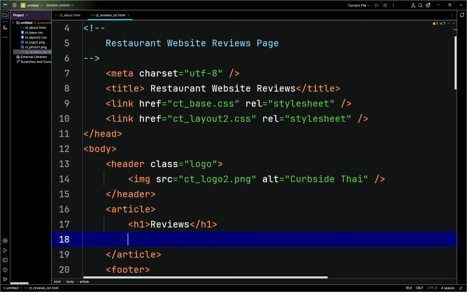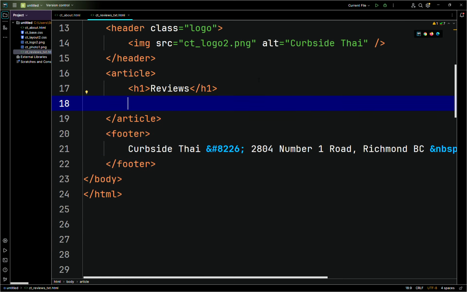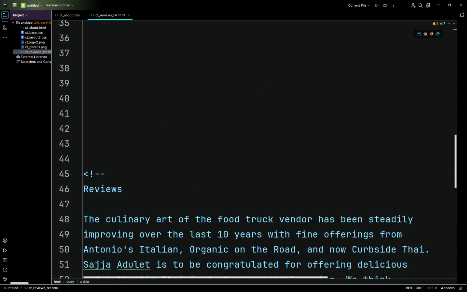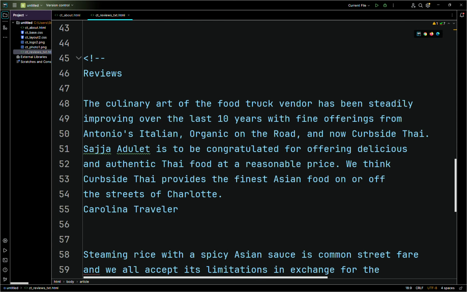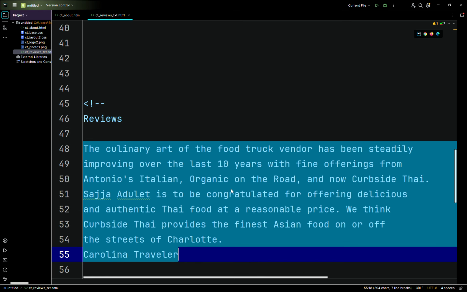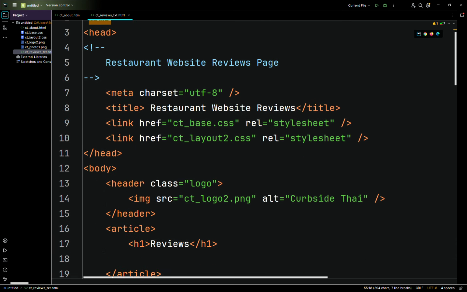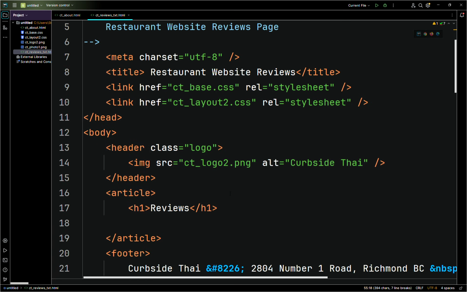So new line it. We want the first one. Copy this here. So I'll copy the text with Control C. Then here we'll say